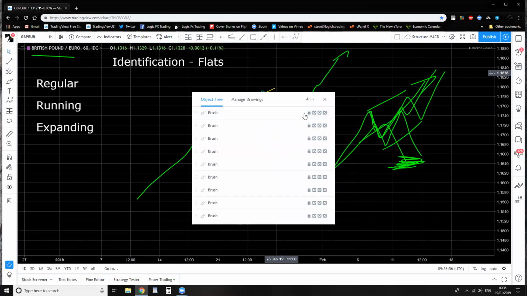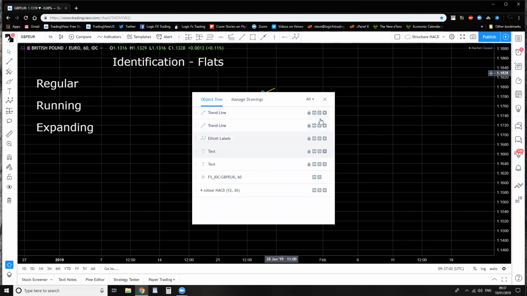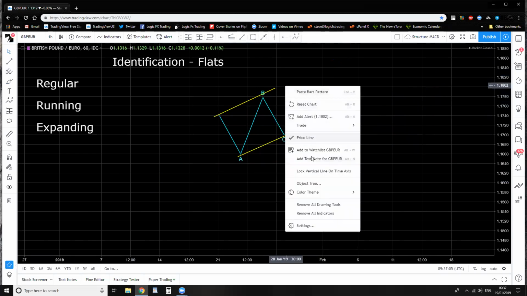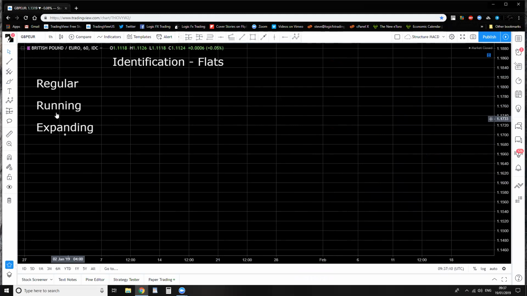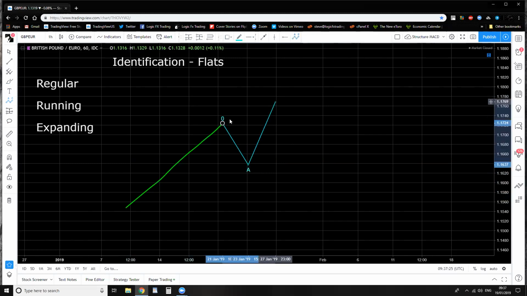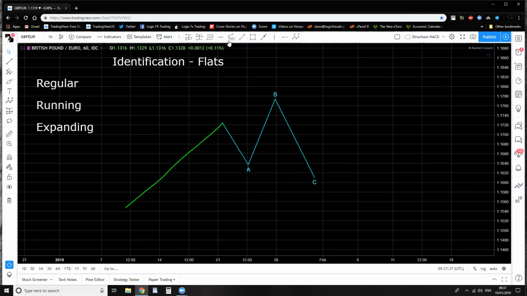Okay, let me take that off the screen. And then we'll hit the next one. Okay, and then the last one is an expanding flat. And we know we've seen these all before, but let's just remind ourselves. So an expanded flat or expanding flat, yet again, you start with your A correction. This time, yet again, the B extends beyond the start of A, but then it comes down with your normal C that breaks A. So yet again, if you put your trend lines on there,